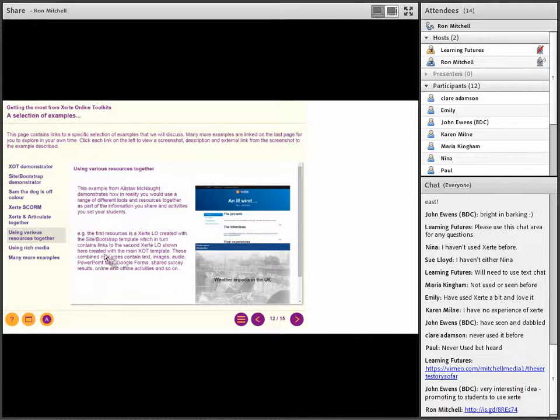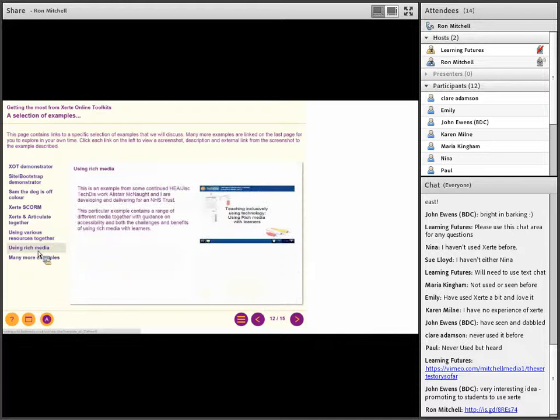So I'd encourage you to view that. There's a rich media resource that, again, Alistair and I are working on, delivering some courses. In fact, my next webinar is tomorrow, covering the next one in this sequence. And what we're doing, a bit like we're doing now, is preparing Xerte learning objects to deliver the webinar session, but then that also becomes a self-access resource in much more detail, with much more interaction than we could cover during the short period of the webinar.